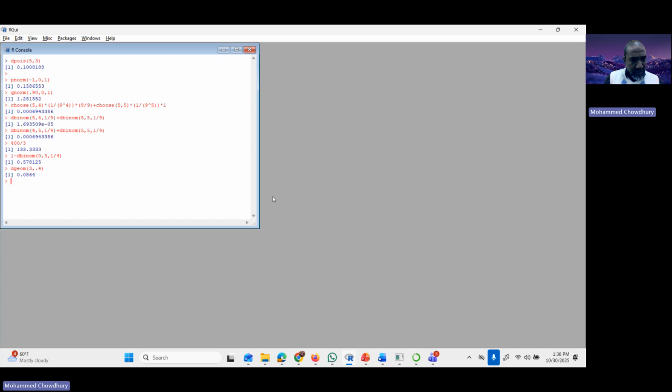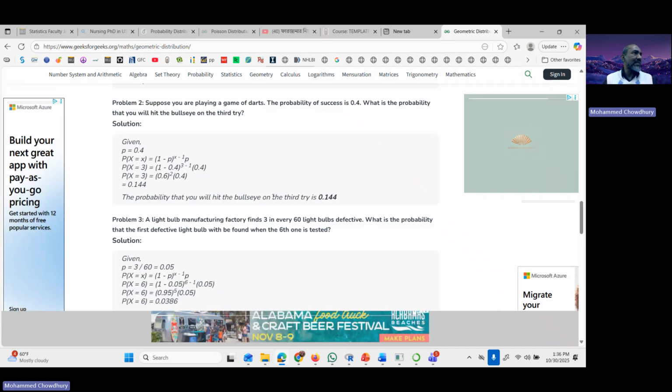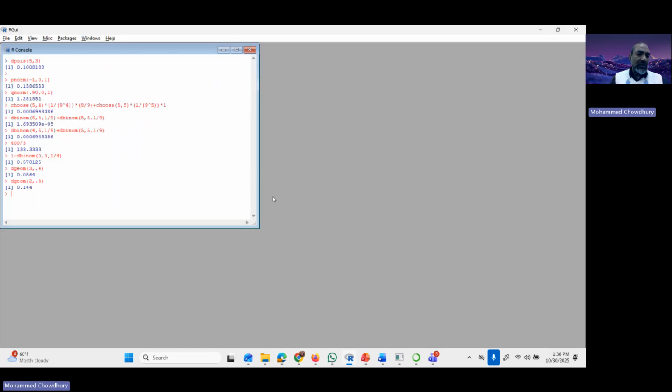Okay, I have put here 3. Let me put here 2. Yeah, if you put here 2, then it will give you the answer. What is the difference between 3 and 2? 3 is the number of trials, but 2 is the number of